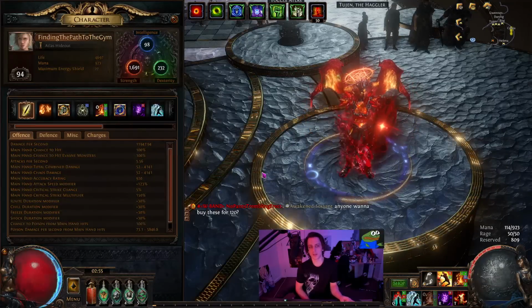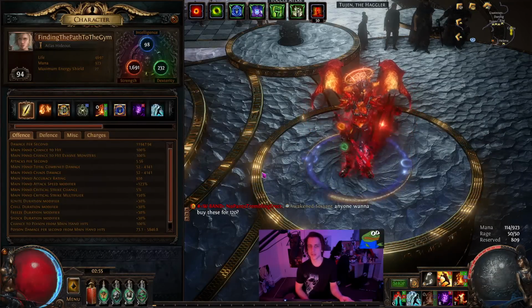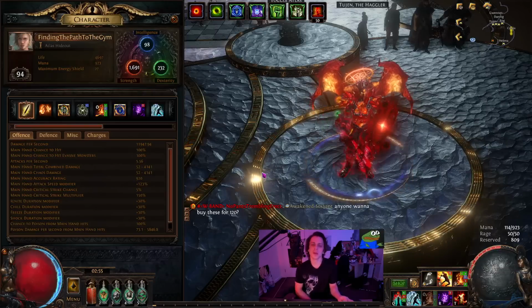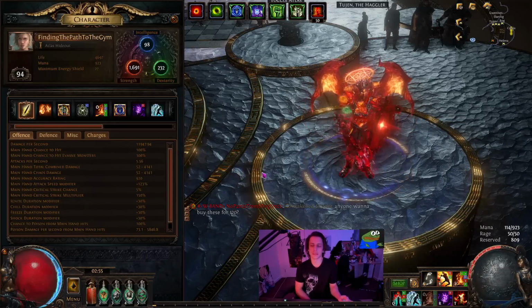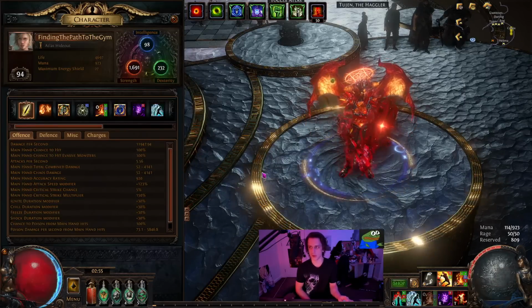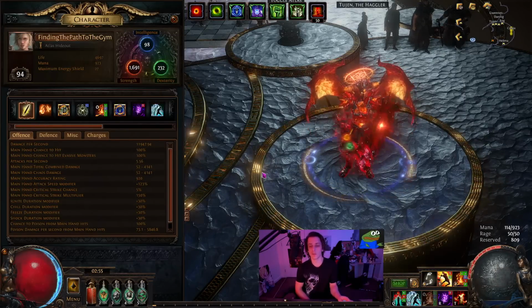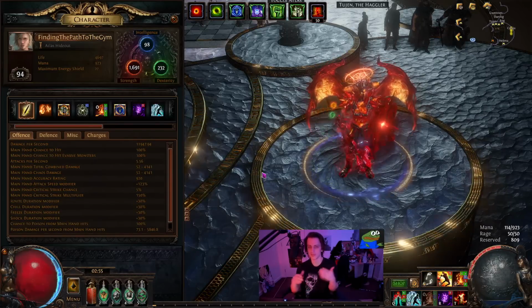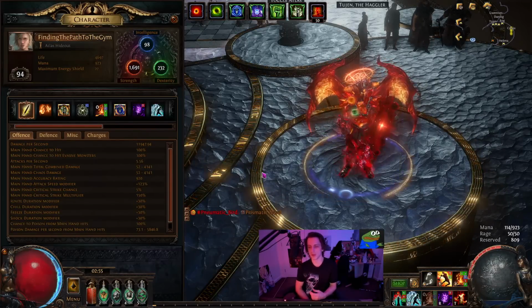So here's a character level 94, a Pathfinder, with strength stacking. That's what happened. Hit level 94 and cleared all content by 93, 92, whatever. Pretty decent for mapping. It's just a bit annoying having that poison ramp during some stuff, but you kind